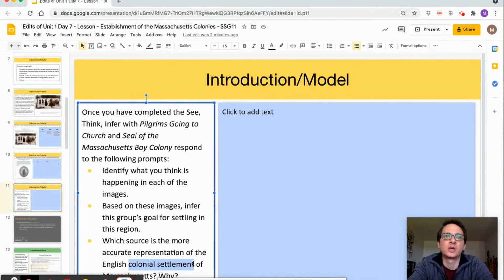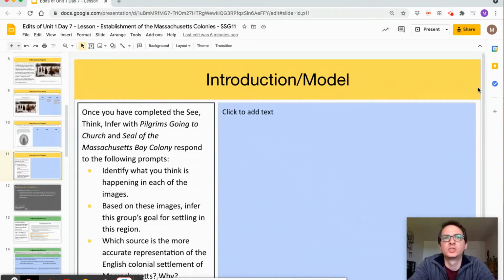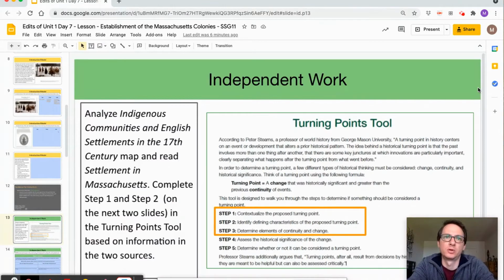Knowing that later in this lesson, the students will be looking for continuities and changes surrounding this event, you may want to add something that will assist them with this, such as asking them to make preliminary observations taken directly from both images about what might have changed for the Indigenous people and the land on which they lived due to settler colonialism. The lesson now segues to the continuation of the work with the Turning Points tool,